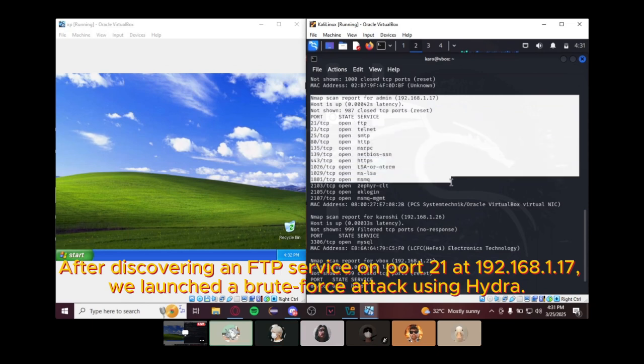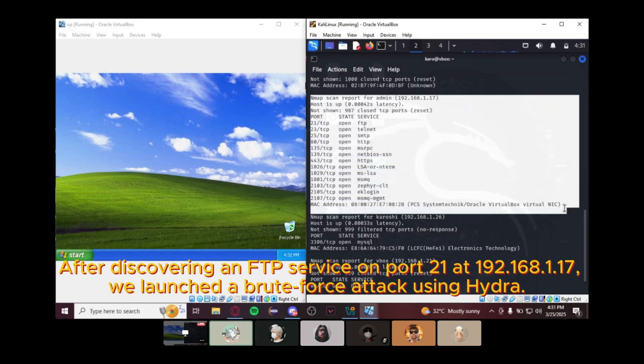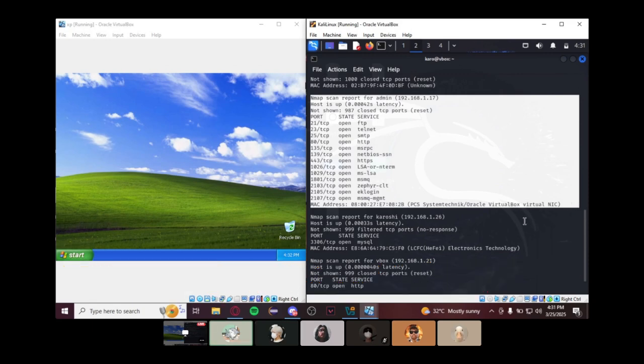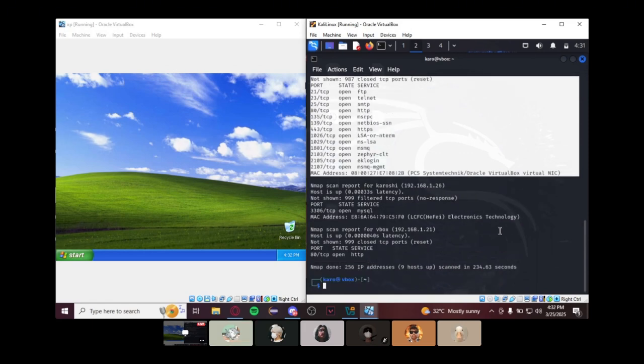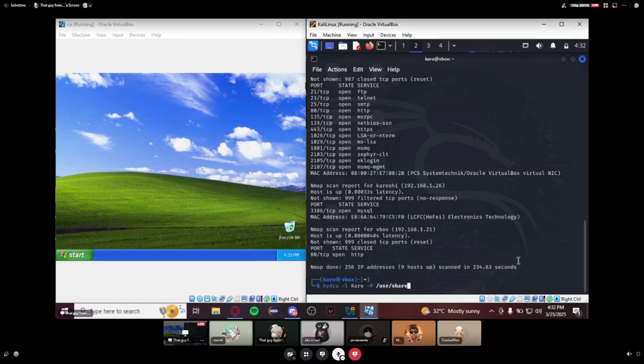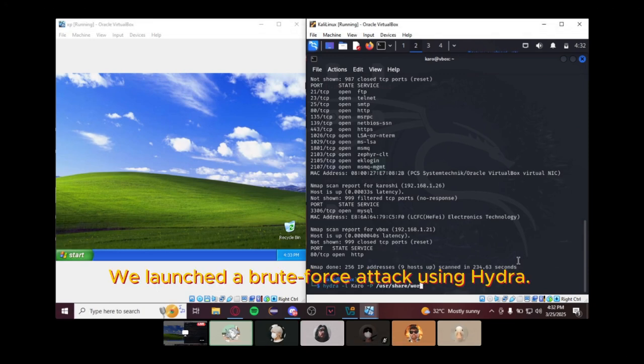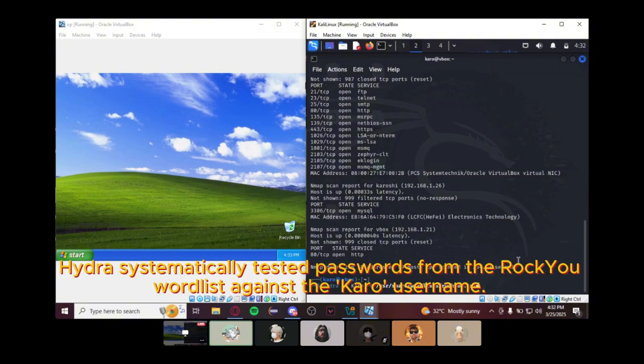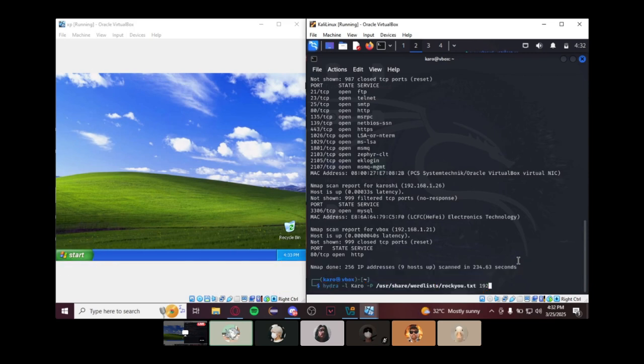After discovering an FTP service on port 21 at 192.168.1.17, we launched a brute force attack using Hydra. Hydra systematically tested passwords from the rockyou word list against the Karo username.